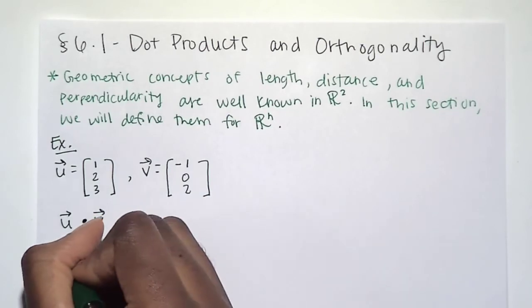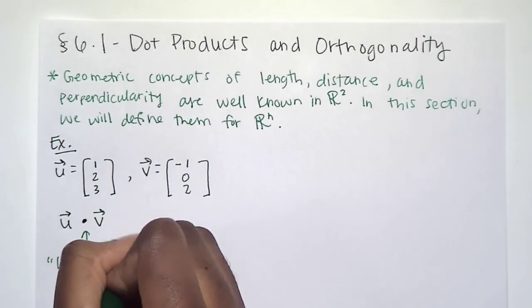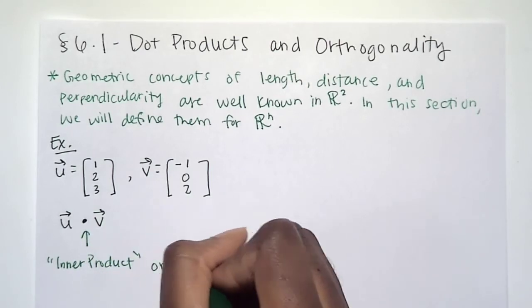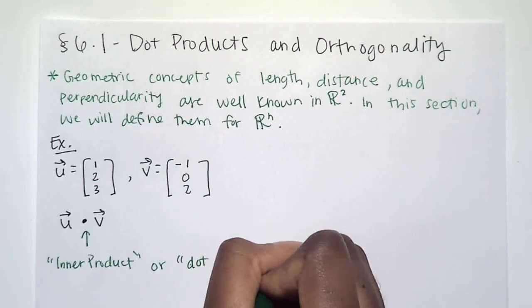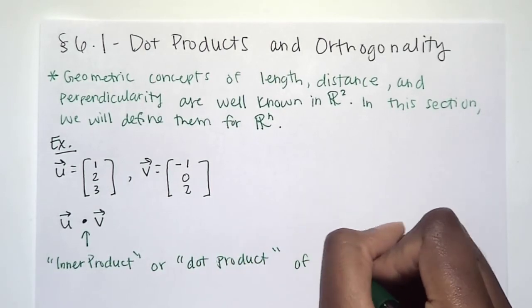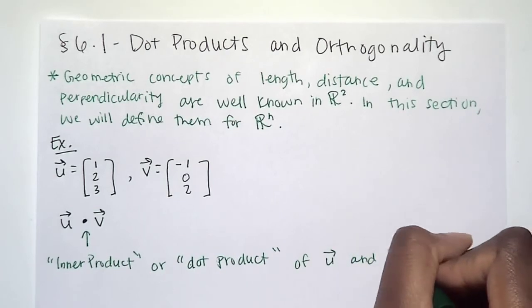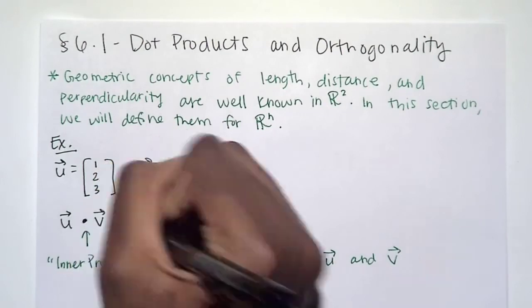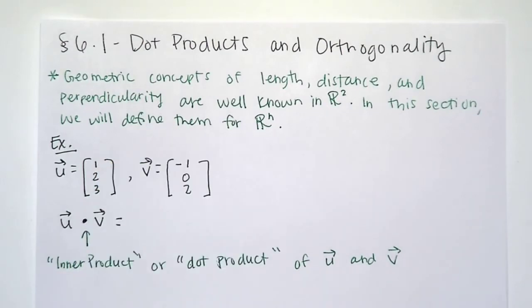This is known as the inner product or dot product of U and V. So as you know, we don't really have a way to multiply 2 vectors together. So we use the inner product or the dot product, and here's how it's defined. It's defined by multiplying,